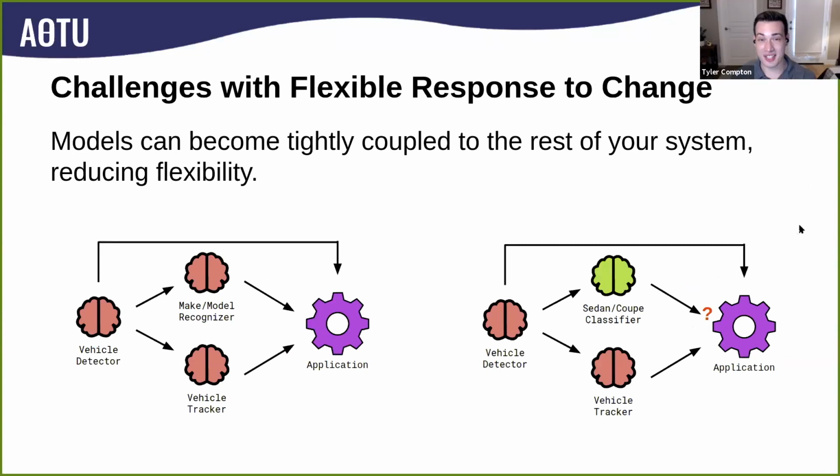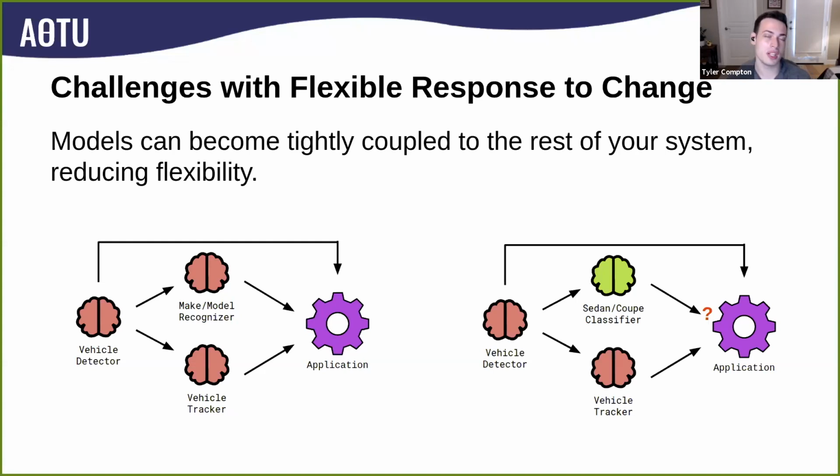So the last Agile topic I want to touch on here in regards to how machine learning affects it is a flexible response to change. So we already talked a bit about the idea of wanting to be able to switch out model architectures or model frameworks quickly, but even at a more macro scale, you may just end up in a situation where your customer just needs something different from what you expected. So in this example, we've got a vehicle detector and tracker, but also a make and model recognizer. So, it might see a Honda Civic in the image and see it as a Honda Civic. But then we find out, oh, no, actually, all that the customer cares about is whether it's a sedan or